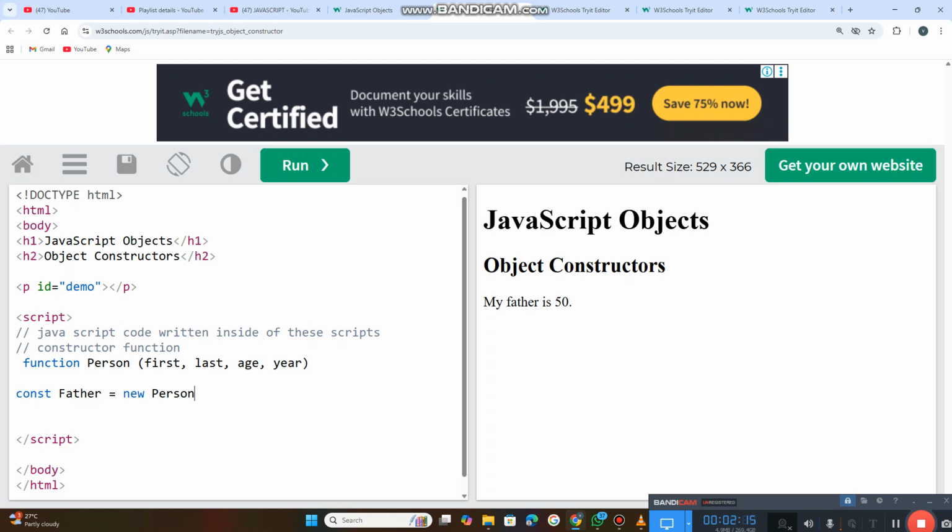Inside of this, for every variable, the first is a variable, it will hold the value, first name Miriam. Okay, assign the values. For last name Vasu, age suppose 57, year 1968. So like that. Now try to understand what happened here. One object is created with the help of this constructor. Understood that? Now if you want to display it here,